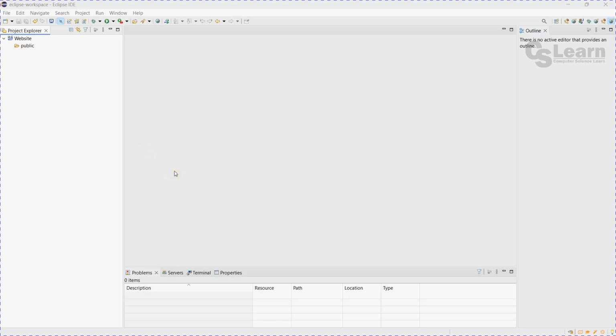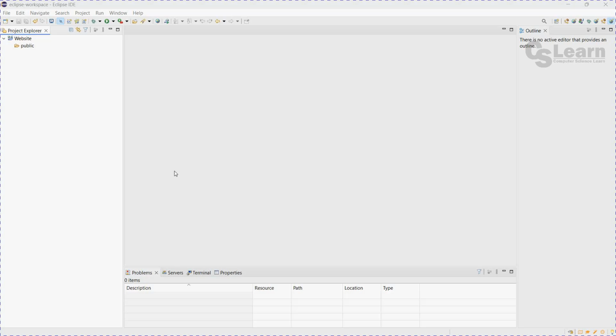Multiple types of scripting languages are available today, but HTML is the base. If we want to view a web page, HTML is the very basic and default one to view